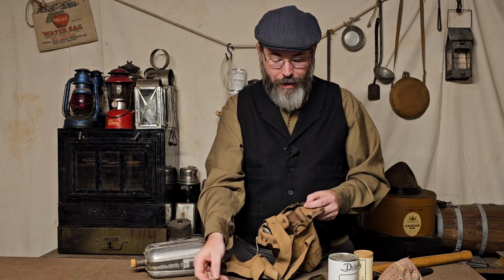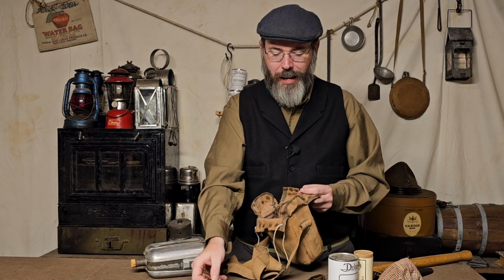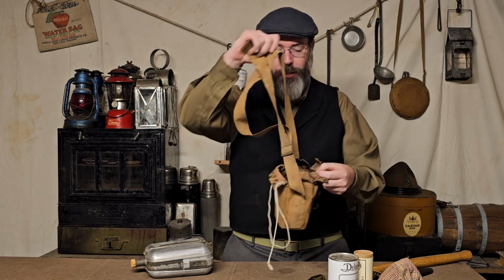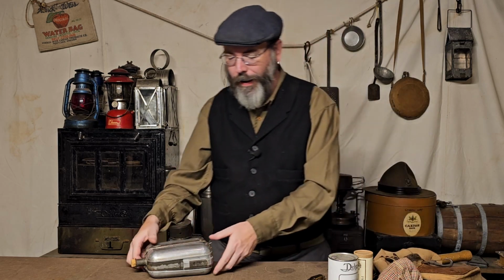Inside the kit, I have my knife, I have my spoon, and I have my fork. So it's all contained. I like that as well. And of course you can just throw it over your shoulder. It's got a nice long strap. All right, now